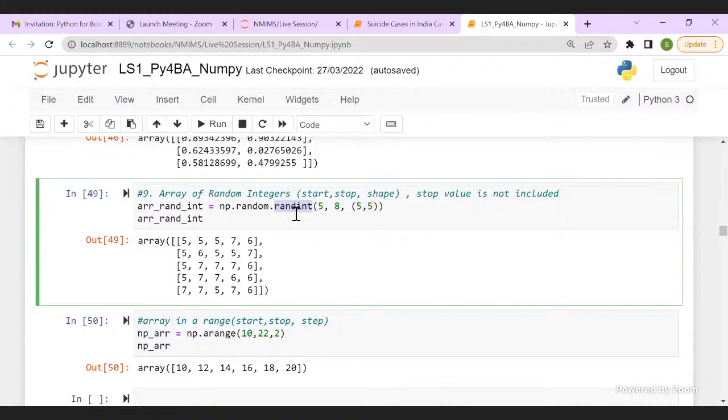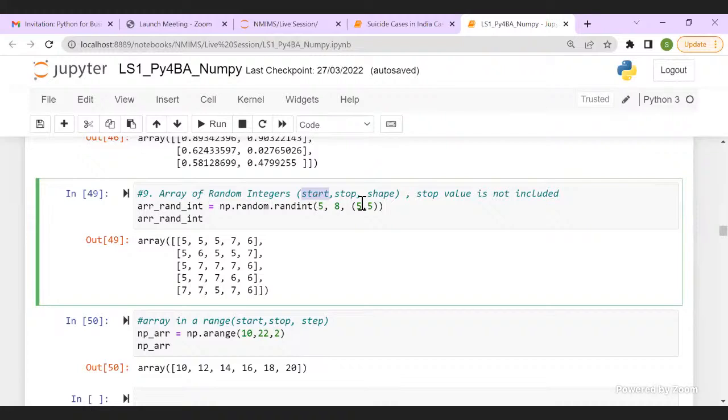So you will specify a lower value or a minimum value. I'm writing here start, stop, shape. It is generally minimum value, maximum value, shape, just to make it easy to remember. So you start with your minimum value, you give your maximum value, and you give your shape.